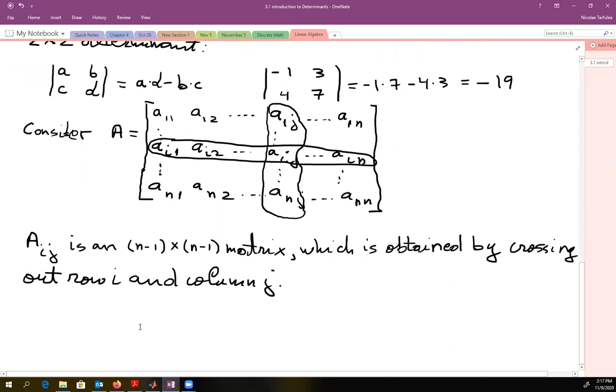Another notation, which is also very useful, is the so-called C_ij, which is also an n minus 1 by n minus 1 matrix. And its formula is this. Well, I'm going to tell you what the determinant is immediately. It's just